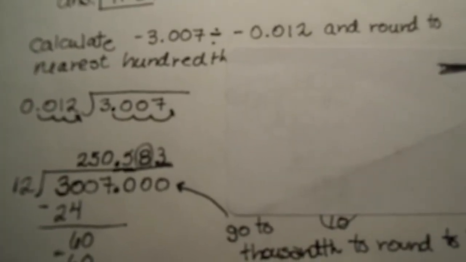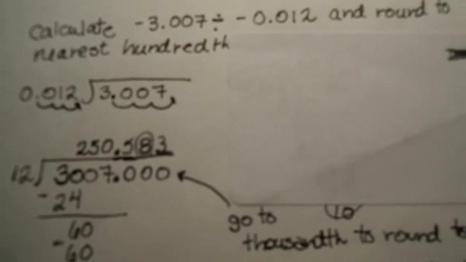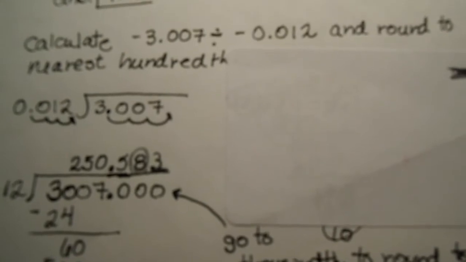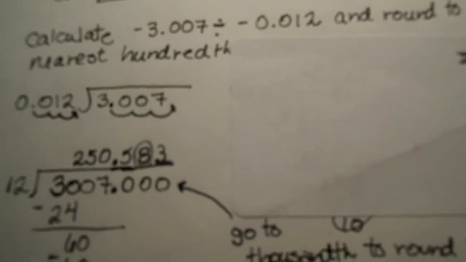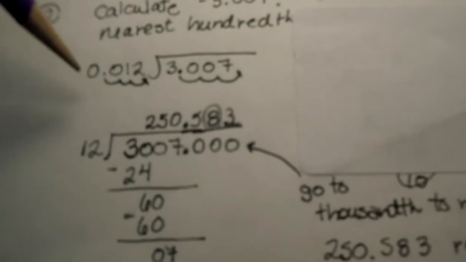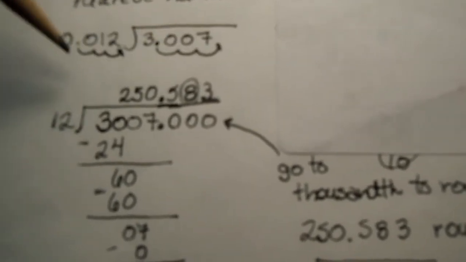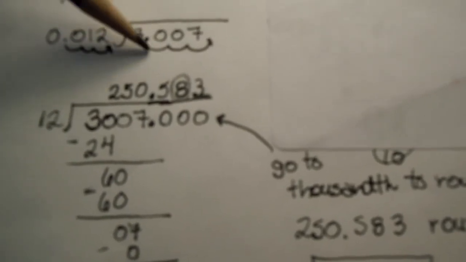So now let's take a look at another problem, and we are going to calculate negative 3.007 divided by negative 0.012, and then we will round to the nearest hundredths. So for right now, I'm going to forget about negative signs, and we are taking our divisor of 0.012, and our dividend is 3.007. I noticed I needed to move this 3 places, so I need to move this 3